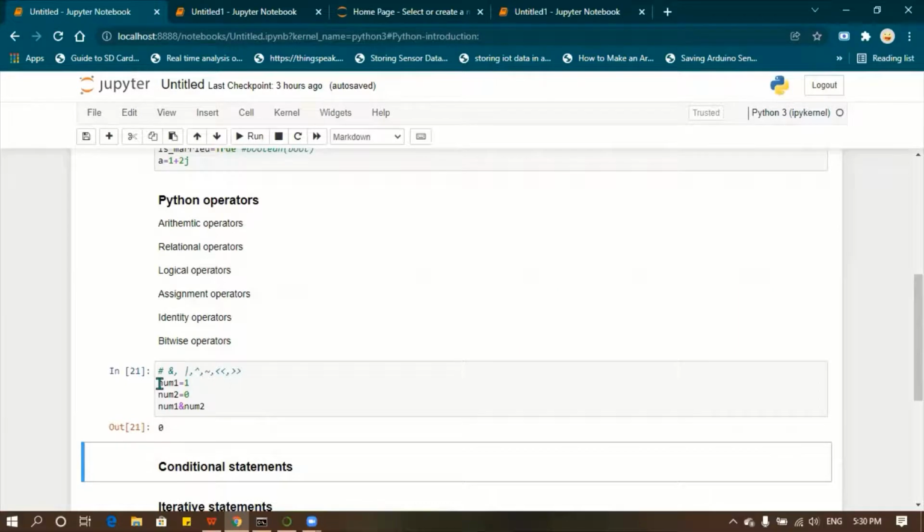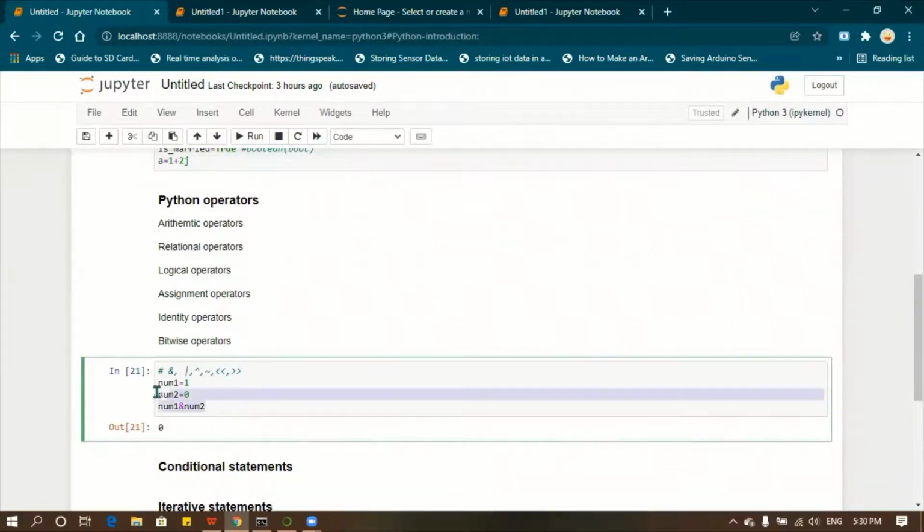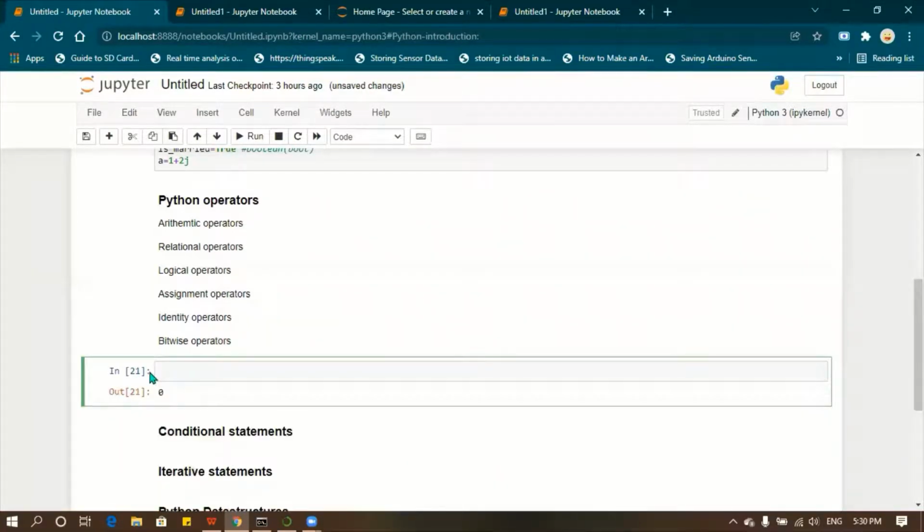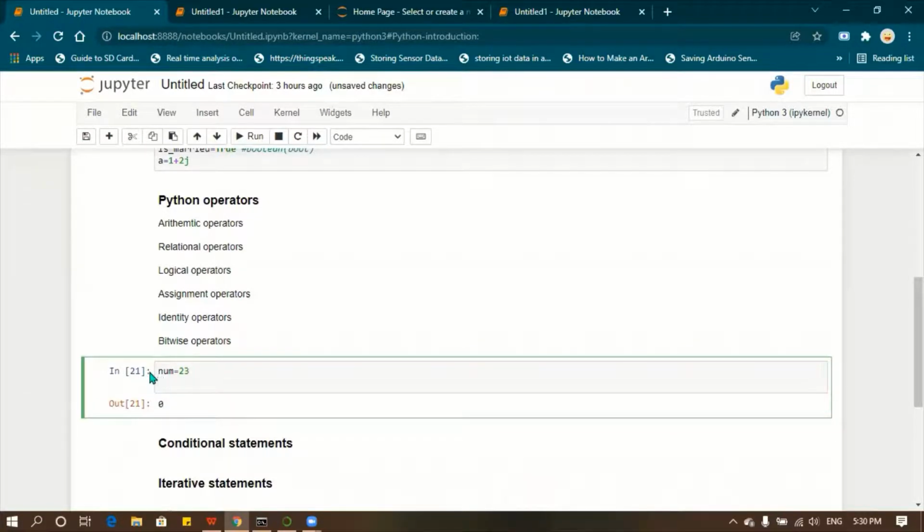Okay, so next we are going to see something. Here I have the value 23. I want to convert this value into binary. How can we do that? Python makes it very simple.